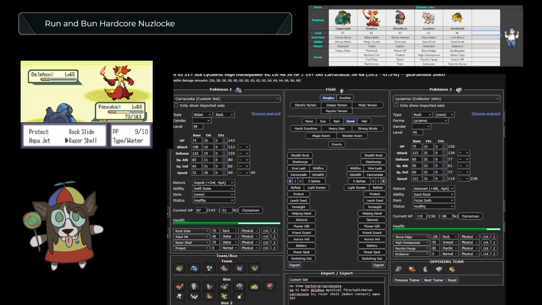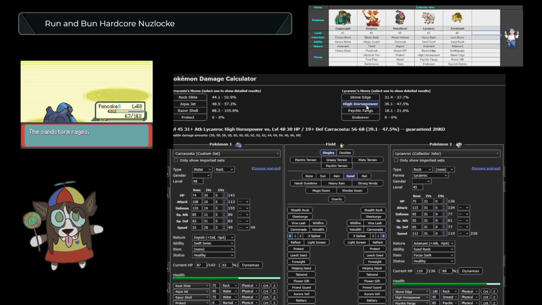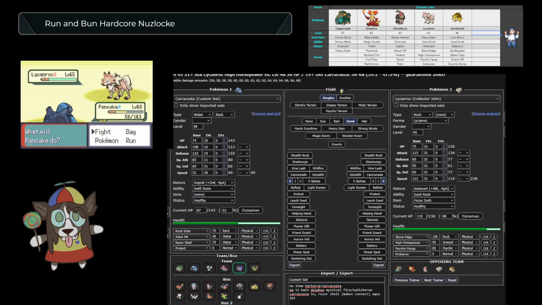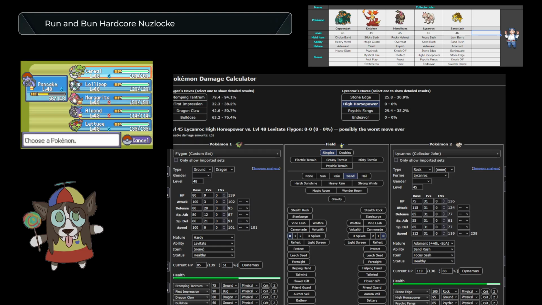I realized I messed up the line, actually, and I went Oranberry on Cloister to be, like, funny. I chose that, I've messed something up, but the Flygon backup pick is saving me here, so I'll take another turn of Sticky Barb, and then now I'm baiting Lycanroc out for guaranteed high horsepower here. Now I need to think about the order in which I want to do things. I believe the order is gonna be